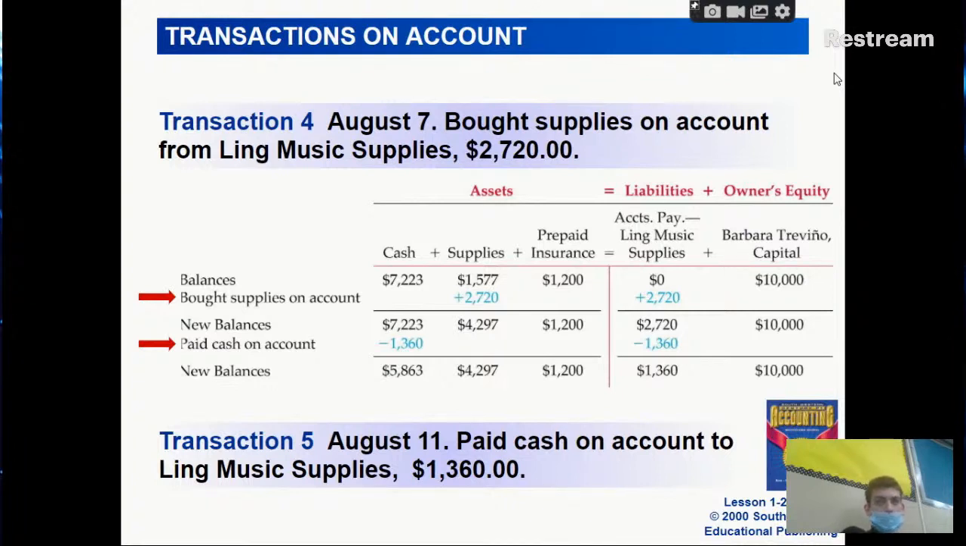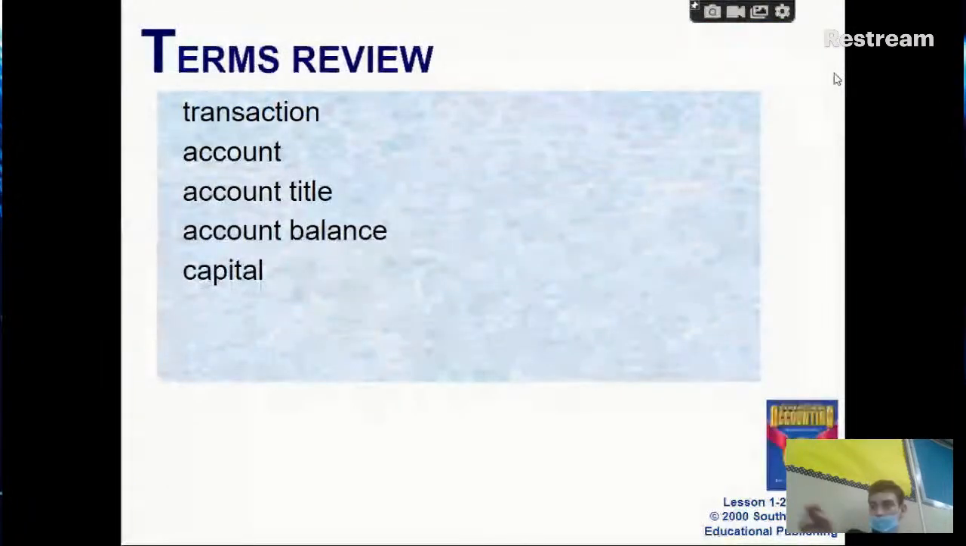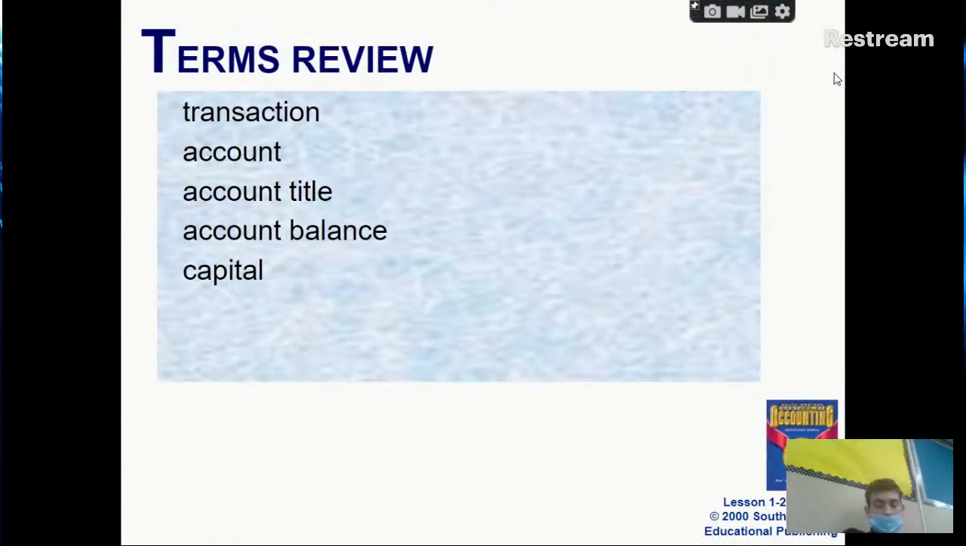Make some sense? So what's a transaction? Thing where things get traded. That's a good way to describe it, yeah. It affects the accounts definitely. So an account is,